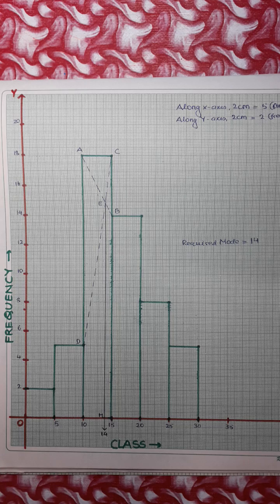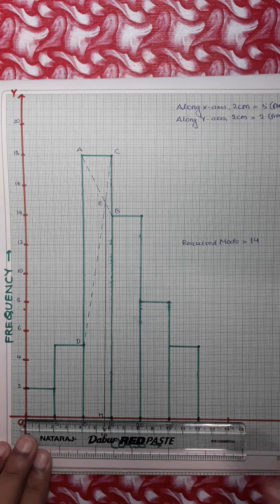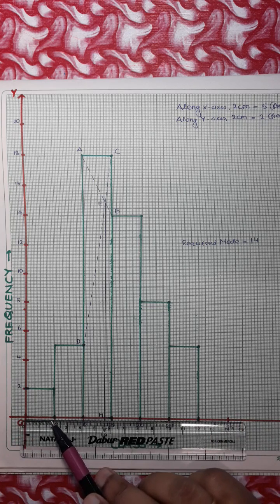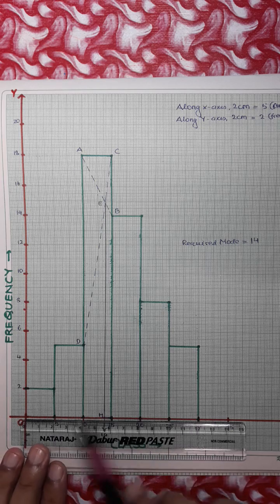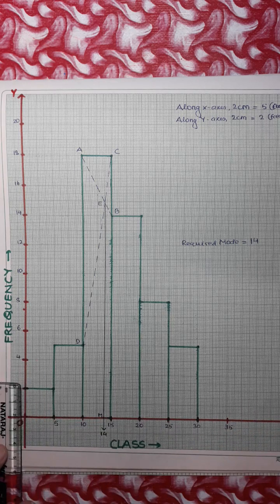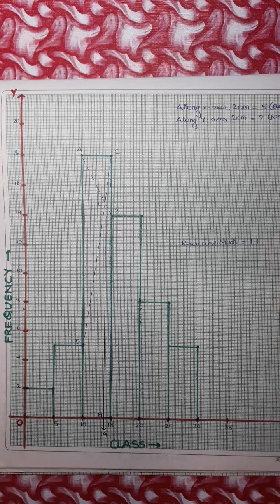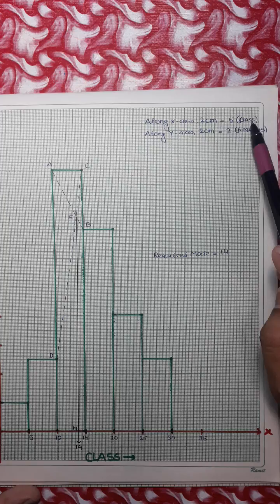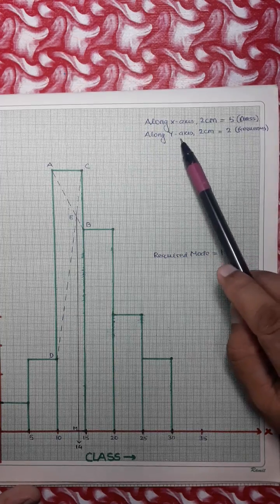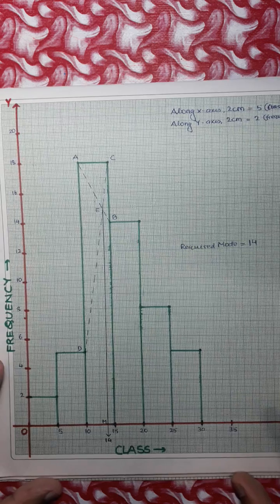That means I have taken along the x-axis 2 centimeter equal to 5, that is, 2 centimeter is equal to 5 class. And along the y-axis also 2 centimeter is equal to 2. So in the scale, along the x-axis 2 centimeter equals 5, that is class, and along the y-axis 2 centimeter equals 2, that is frequency. Now,